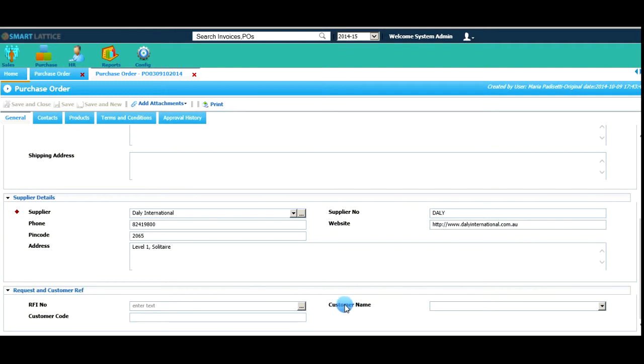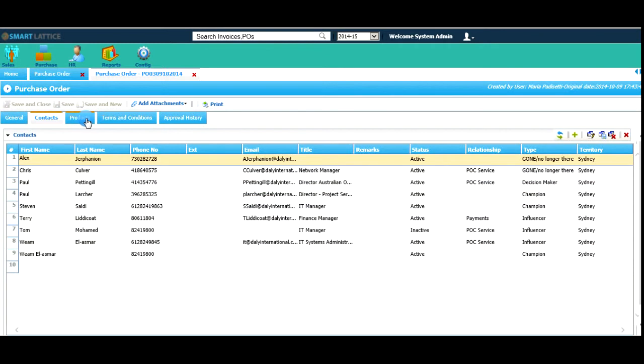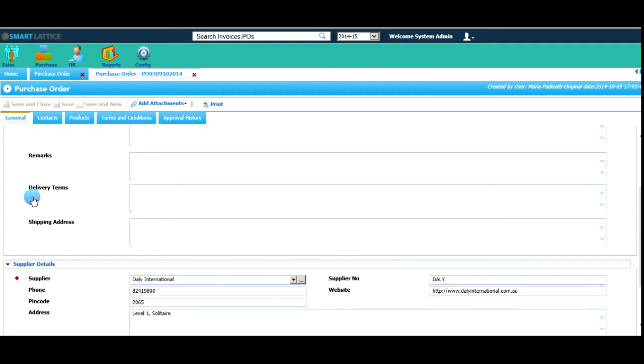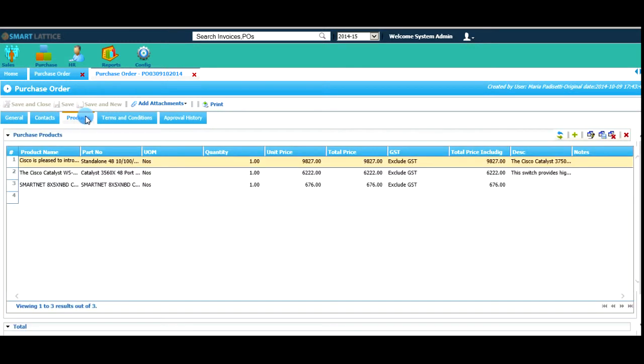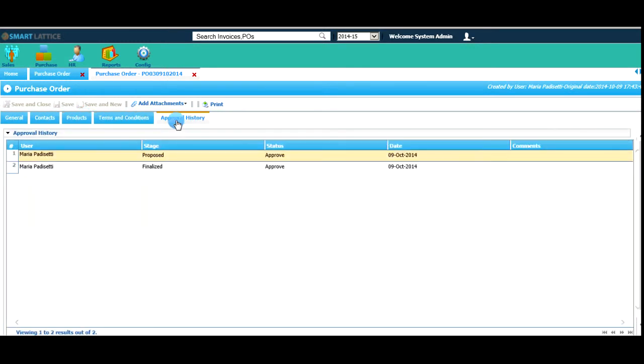If there is a direct purchase order, the reference is associated with the customer and purchase order, and contacts based on the supplier we have selected, and products, terms and conditions, and approval histories.